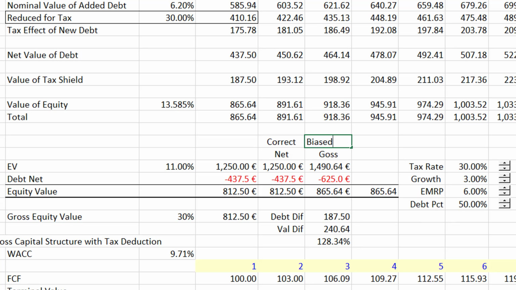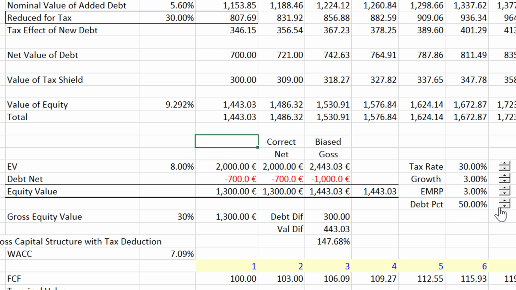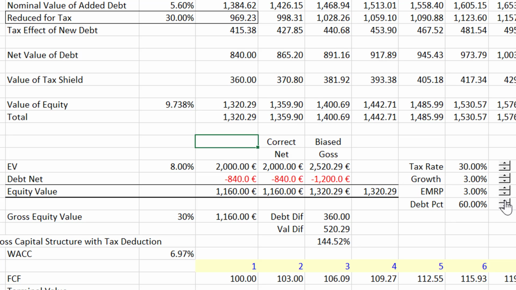And I said, okay, there must be a way to reconcile this. There must be something wrong because everybody uses the WACC. The WACC can't have an inherent bias where the value of the company is increased. And by the way, if we put a lower equity market risk premium here, okay, and we put a higher debt percent, the bias